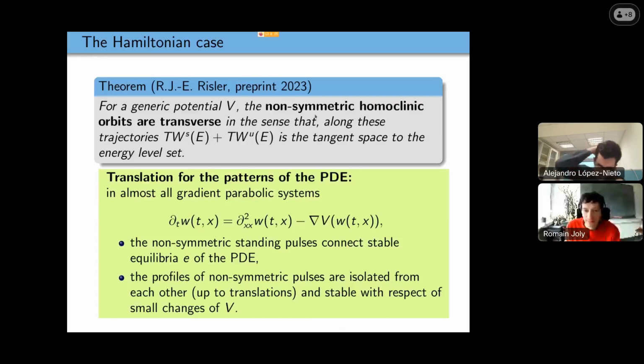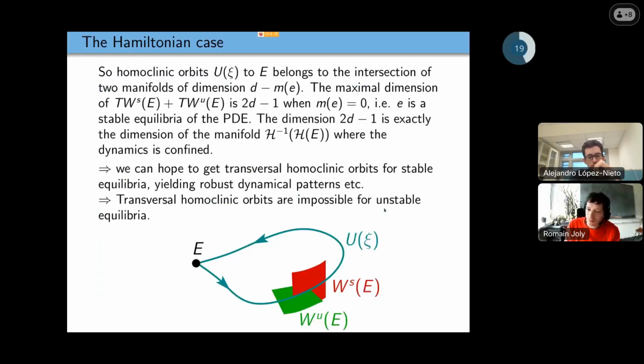Romain, may I ask a question? Yes. Whenever I see transverse homoclinics, I think of the Smale horseshoe picture, right? So I think of chaos. Yes. So this means that it is possible. I'm not sure, due to this conservation of energy, but just to forget this, of course, you're right. If you have a transverse homoclinic orbit, you have chaos.